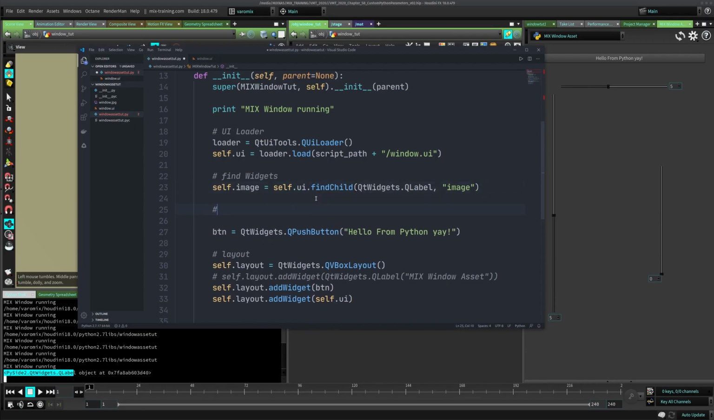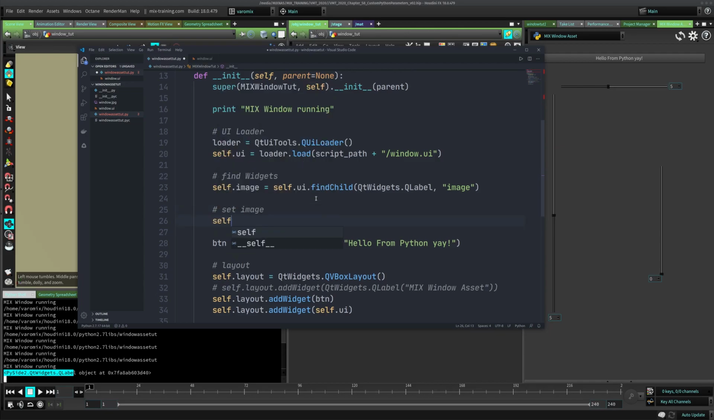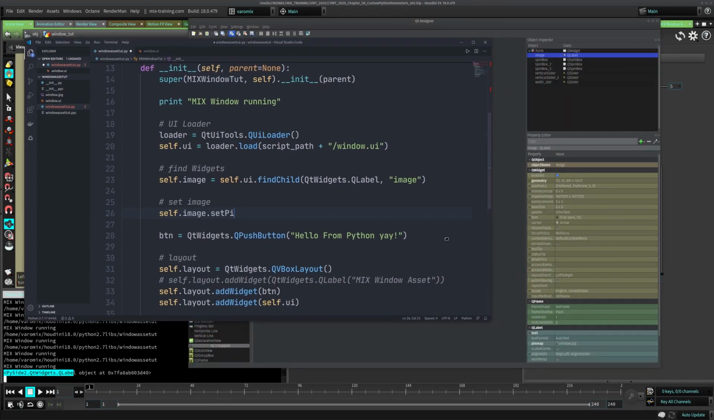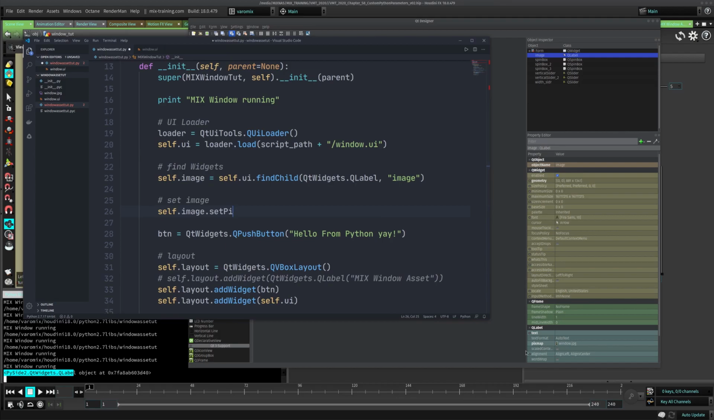So let's just say set image. To set the image is pretty simple. self.image.setPixmap, just like we did in Creator here. If we go here, we set the pixmap here. We're gonna set it in code, which is setPixmap, like that. This is a function, and then we pass the path to this, which is